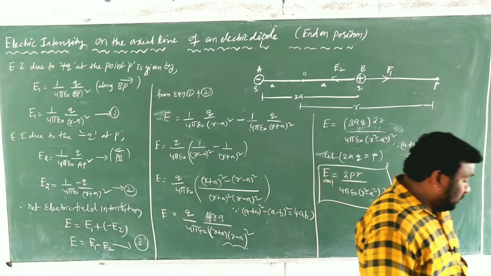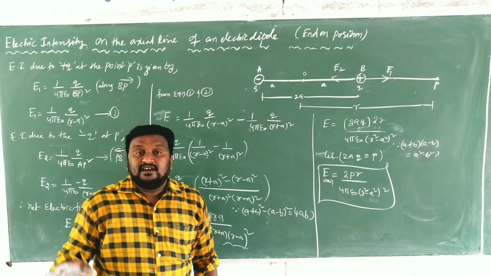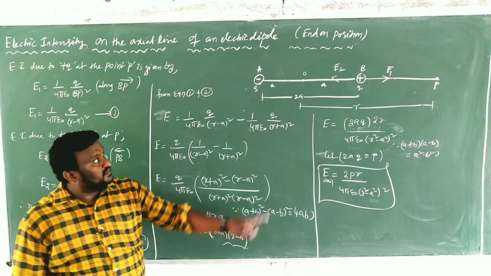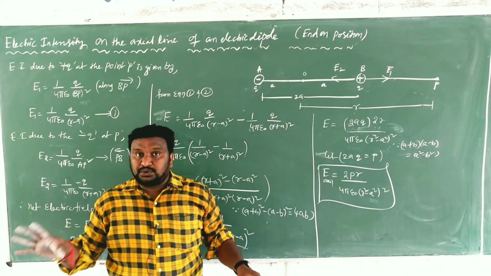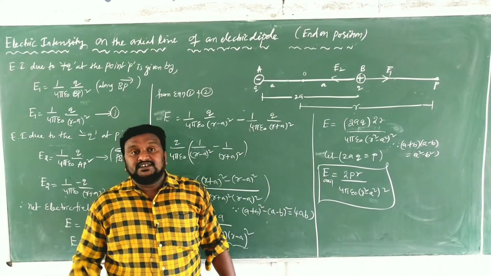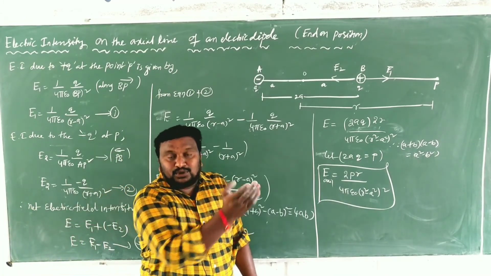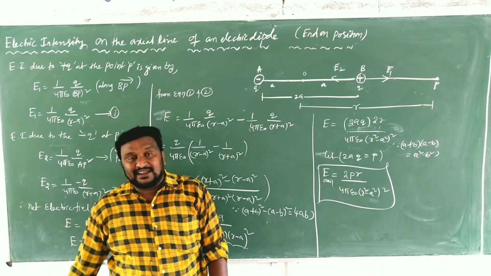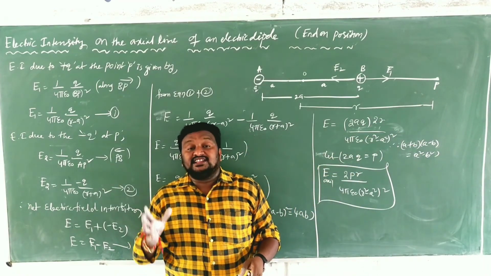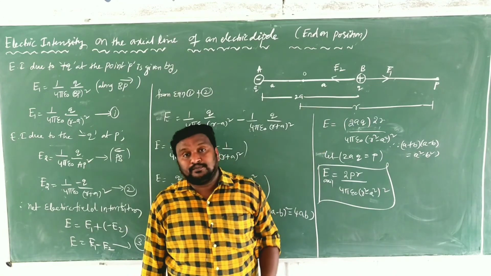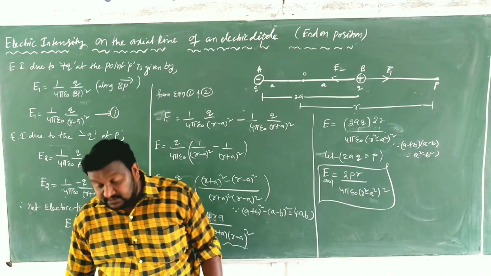Look here, see once again. Children, what do we have? We have taken an electric dipole of length 2a, here like this, AB, minus Q and plus Q of length 2a. After that we have taken one axial line. What is the axial line? A horizontal line that passes through the two charges of a dipole is called the axial line. So we have selected one point P that should be on the axial line, at a distance of r from the dipole. So it is shown in the figure. And after that, what do we go for? An assumption.